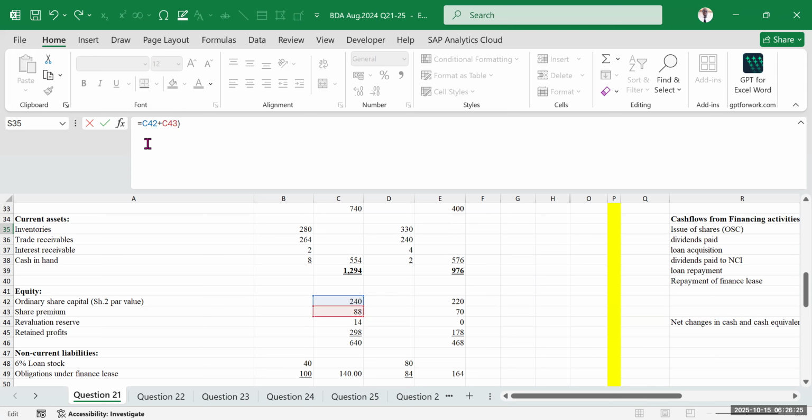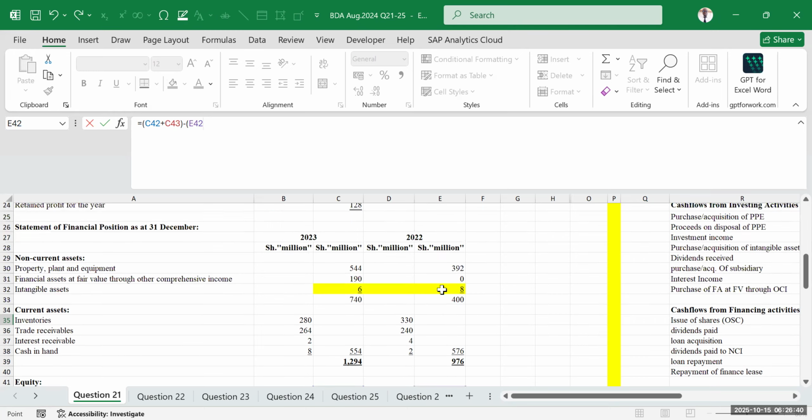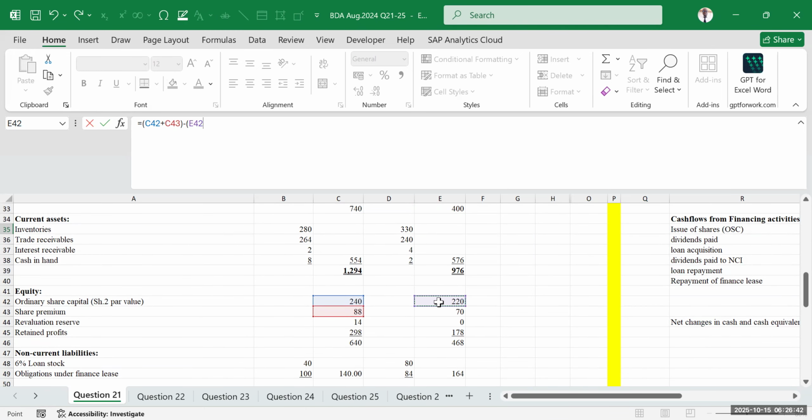Then I ask myself, how do I compare that with the opening ordinary share capital account plus adjustments? So I open a bracket and compare that with the opening. What is the opening? It is the ordinary share capital of 220. Opening is the column of 2022. Then that goes together with the 70 of share premium. That gives the total of opening. Then onto that opening,